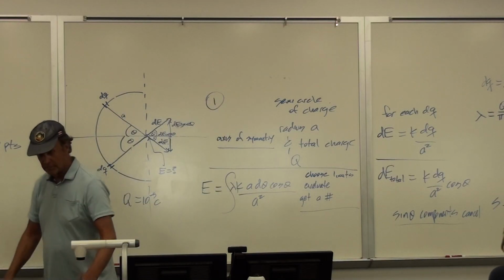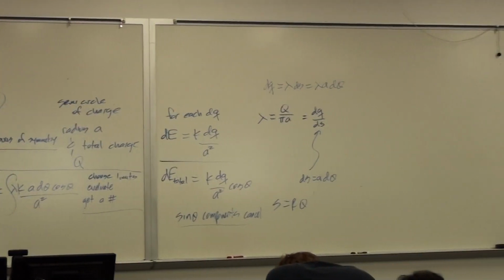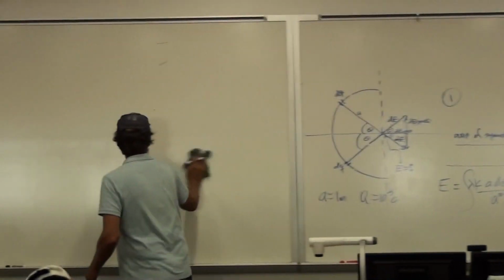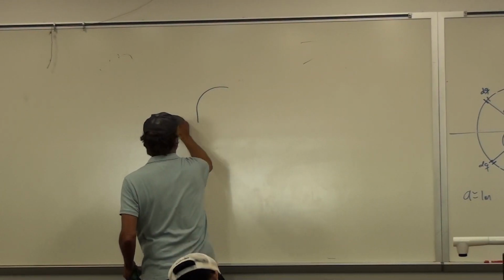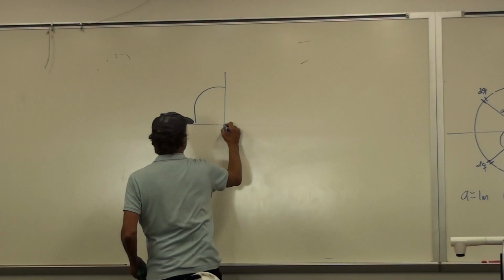For number 2, what I'd like you to do is basically the same idea, but for a quarter circle. Find E here for a